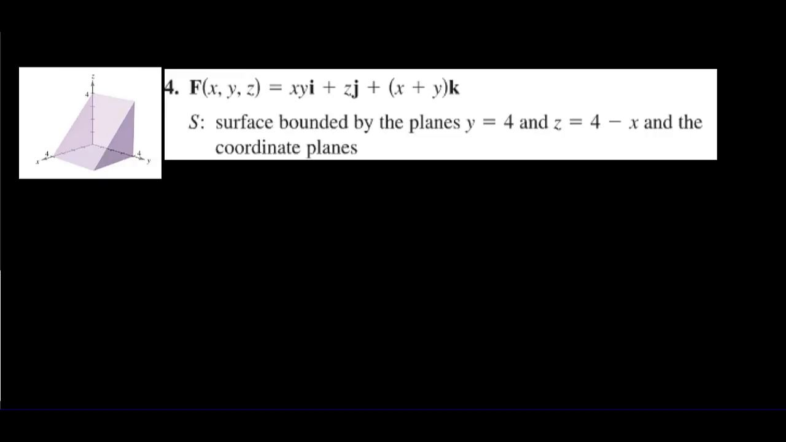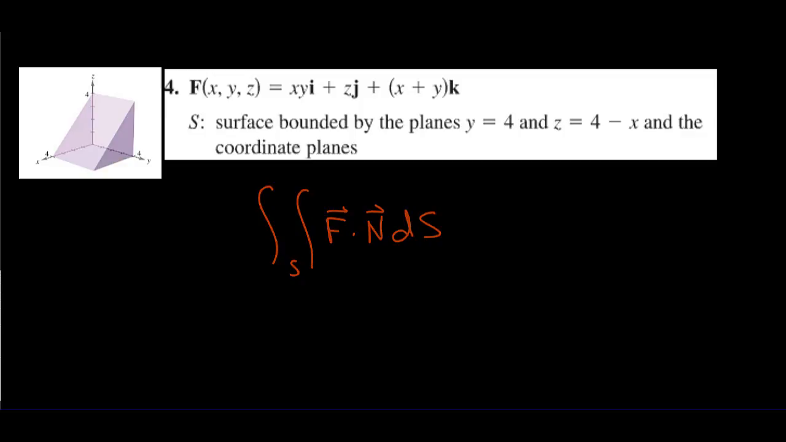Okay, here we want to evaluate a surface integral of this form. We want to evaluate a surface integral, and here's the thing about this particular problem. We have a closed region. So notice this region I've got